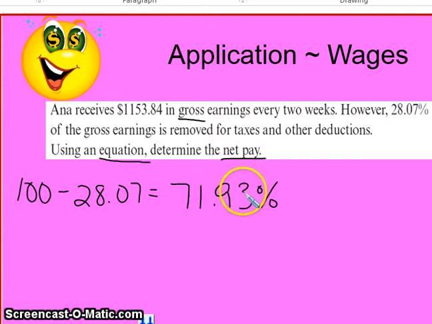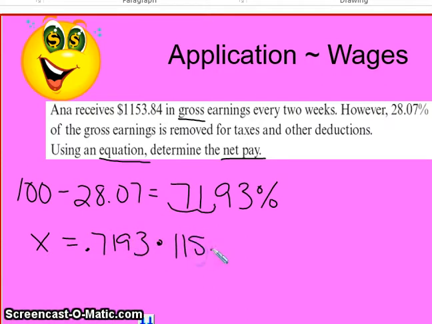Now all we need to find out is what is 71.93% of her gross earnings. So what number x is or equals 71.93%, and to use it as a decimal, I have to move the decimal place to the left, so 0.7193 of her original paycheck, which is $1153.84. So I'm going to need to multiply the percentage that she actually gets paid times her original paycheck. So 1153.84 times 0.7193 comes out to